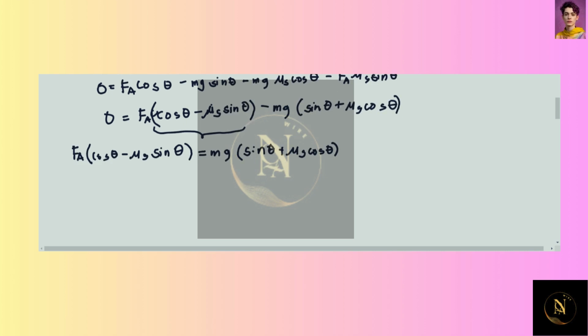Dividing both sides by this quantity to isolate F sub A, we have